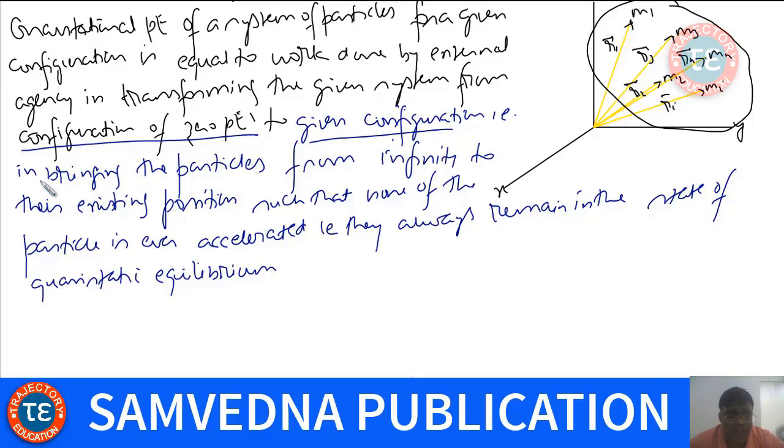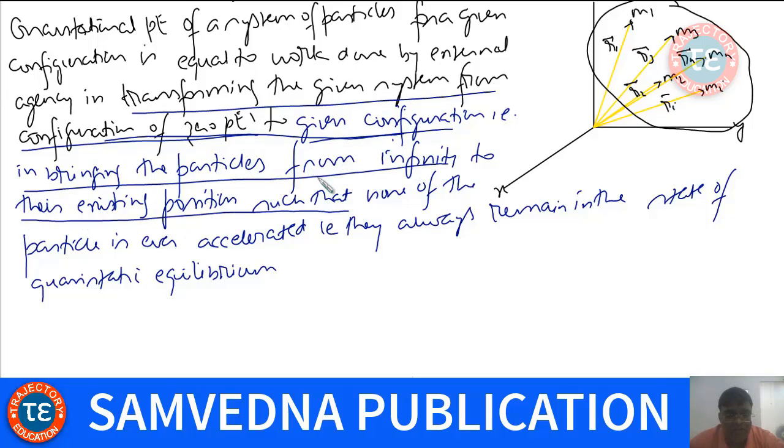And how do you do this? You do that by bringing the particle from infinity to the existing position, right? The same thing. I just told you how to transform a given system from the configuration of 0 PE to a given configuration. That is done by bringing the particle from infinity to the existing position such that none of the particles is